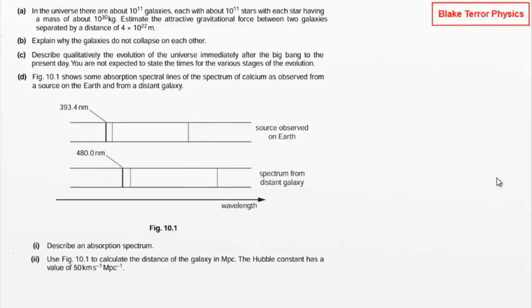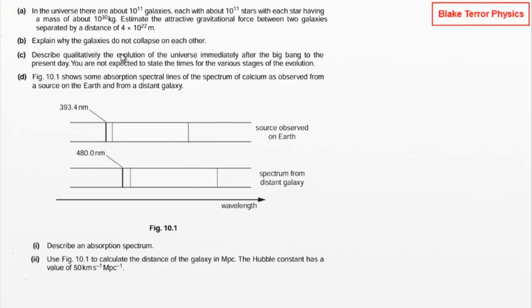Hello, here's another couple of practice questions for astronomy and cosmology, starting with: in the universe, there are about 10^11 galaxies. Each has about 10^11 stars, with each star having a mass of about 10^30 kilograms. So, big numbers. Estimate the attractive gravitational force between two galaxies separated by a distance of 4 times 10^22